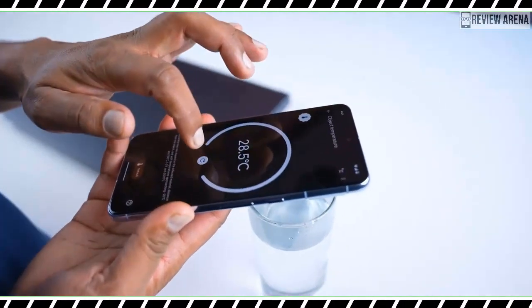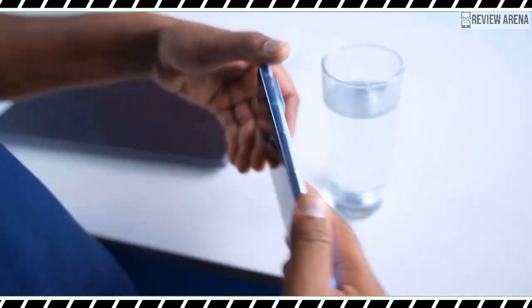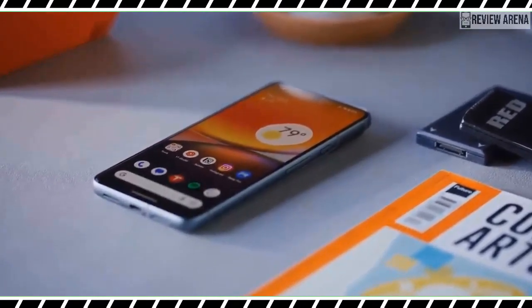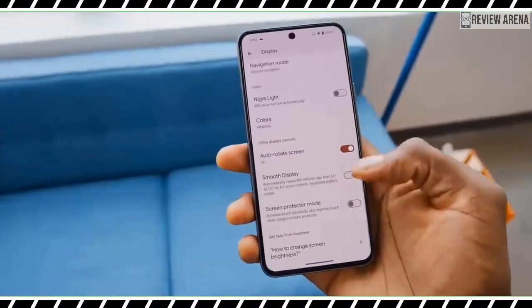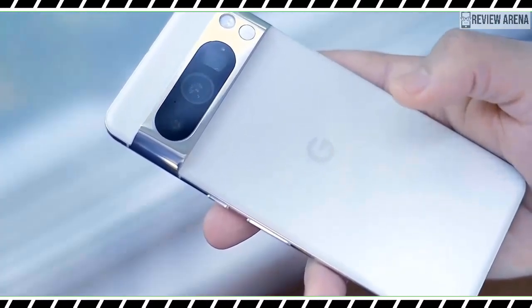I just can't see the practicality of this, especially when there are laser temperature guns and thermal cameras that could effectively do the same things from further distances. Take, for instance, phones that have built-in thermal cameras which can measure heat signatures from faraway distances. I just don't understand Google's logic behind the temperature sensor, which ultimately feels more like a novel addition than a